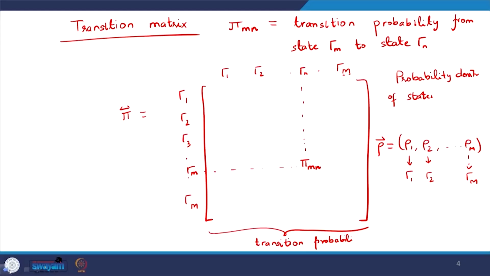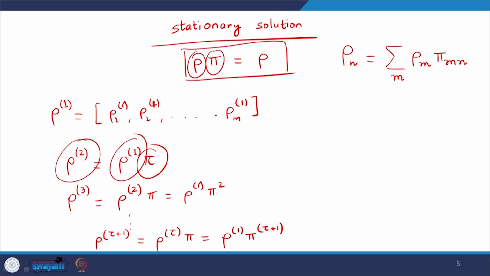So, the rho vector is actually a row vector that has m columns, and the pi matrix has m rows. So, the new vector will again be a row vector, and every term will be given by this. You can do the matrix algebra here and find that it is true. There is another way to show what exactly it means. So, all it means